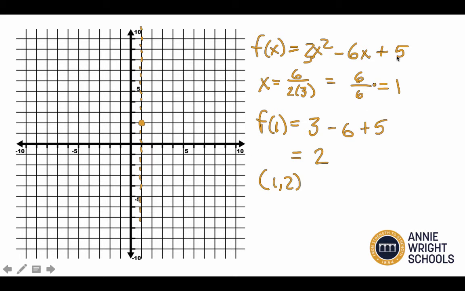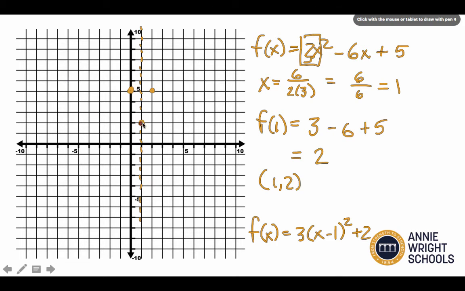And now there's a couple ways to do this. I know the y-intercept is 5, so I could go up here to 5 and mirror that image over. The other thing is that the a value doesn't change. I could rewrite f of x as 3 times (x minus 1) quantity squared plus 2 because I know h and k now. And that means if I was to graph using what we did today in class, over 1 up 3,